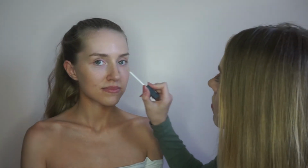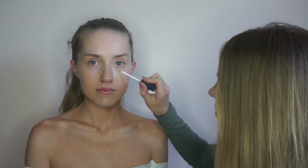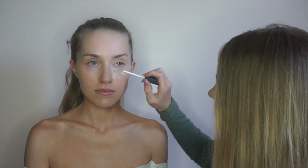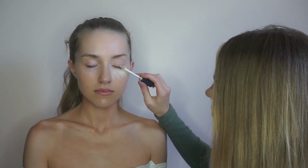Next, we're going to go in with concealer, and I love to use NARS. We both actually love NARS. This is such an amazing concealer, and I'm going to be putting this underneath her eyes, okay, like this. Taking the brush and you're just going to be flinging it up, and what I mean by that is